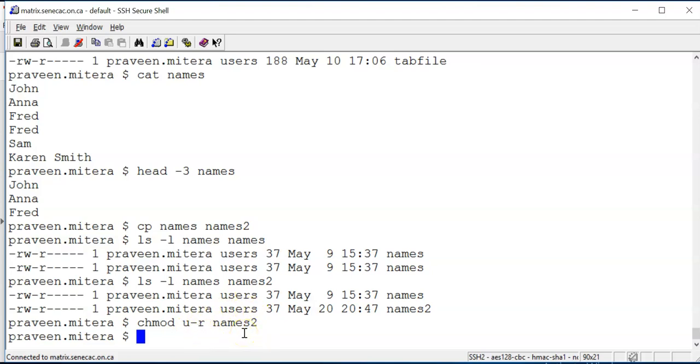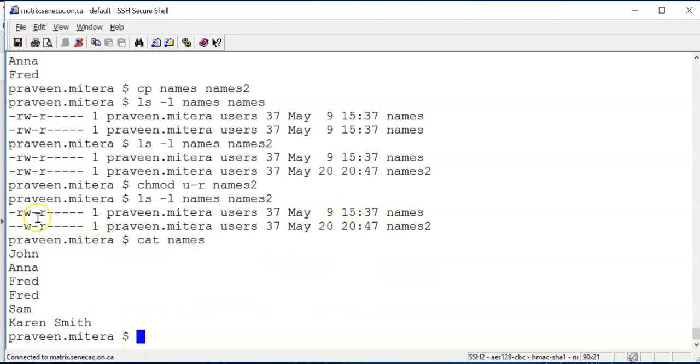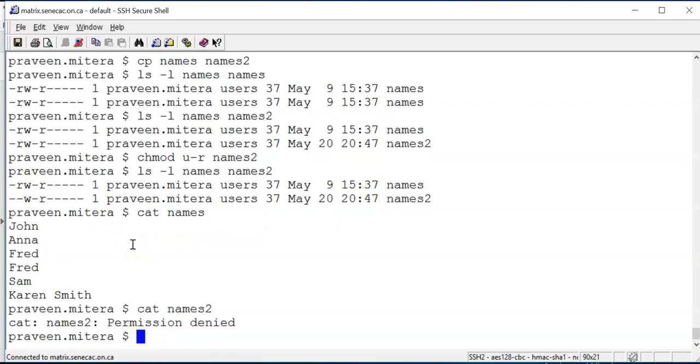So now if I repeat the ls command, you can see that in the names2, I no longer have r of a read, whereas names still has the r. So while I can say cat names, because names does have r, if I try to say cat names2, it says permission denied. So although I copied this one here, I changed the permission so that the read permission is no longer there for me,